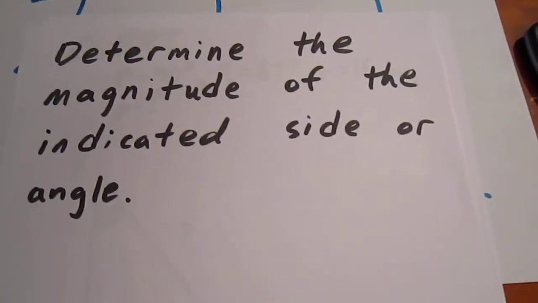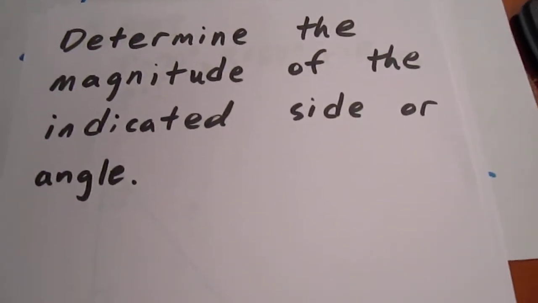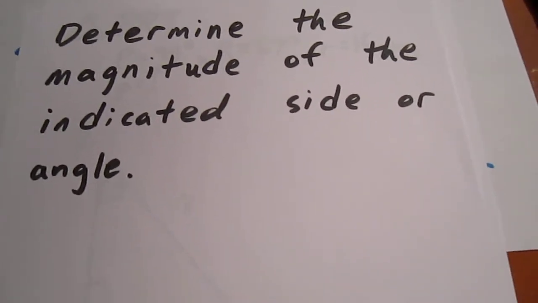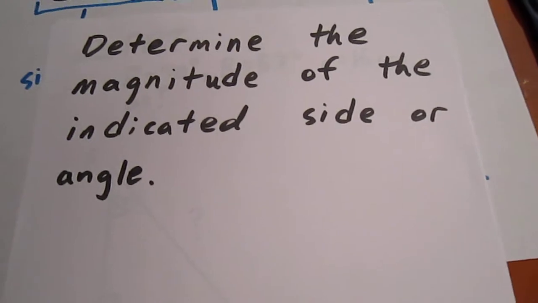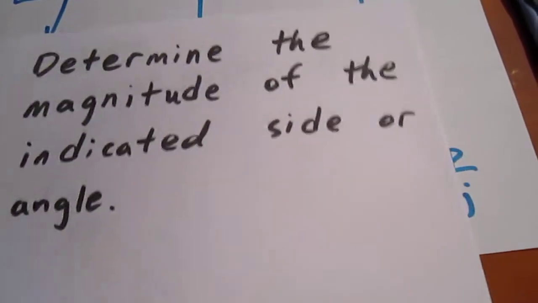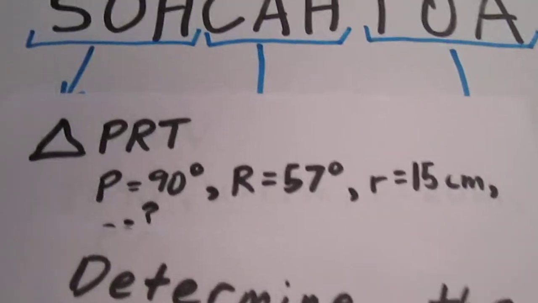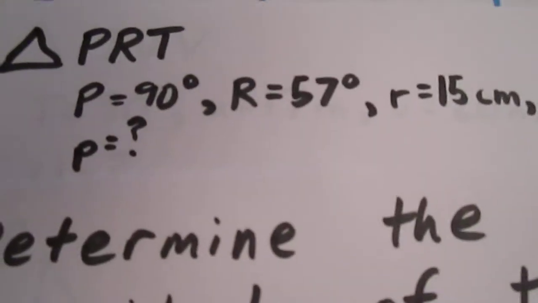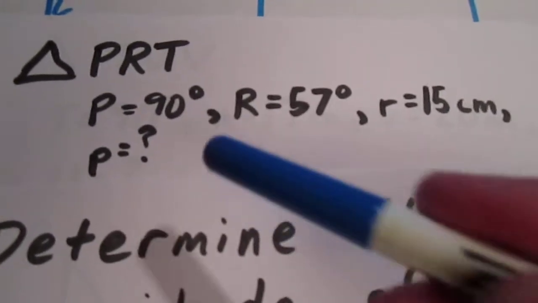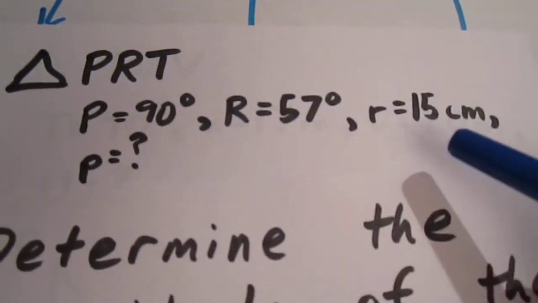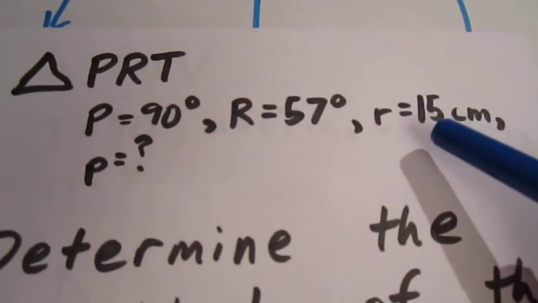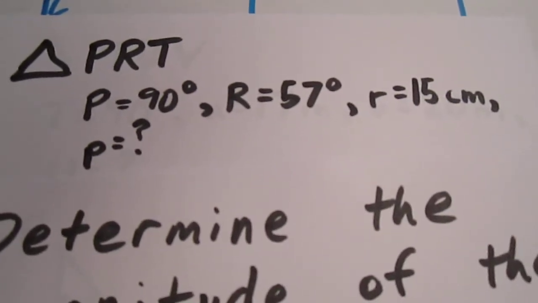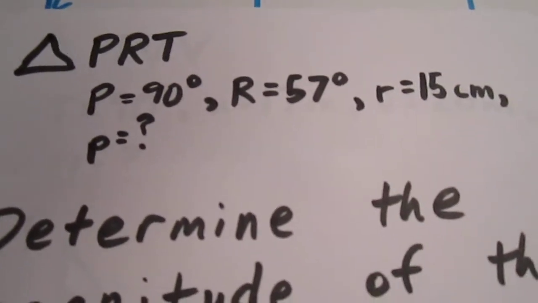We're not going to try to determine the magnitude of the indicated side or angle in situations where the triangle is not specifically given to us, but rather it's given to us in text form like this. We're going to talk here about triangle PRT, and we know that P is 90 degrees, R is 57 degrees. The side r, notice the small letter r for side, is 15 centimeters, and we would like to know how